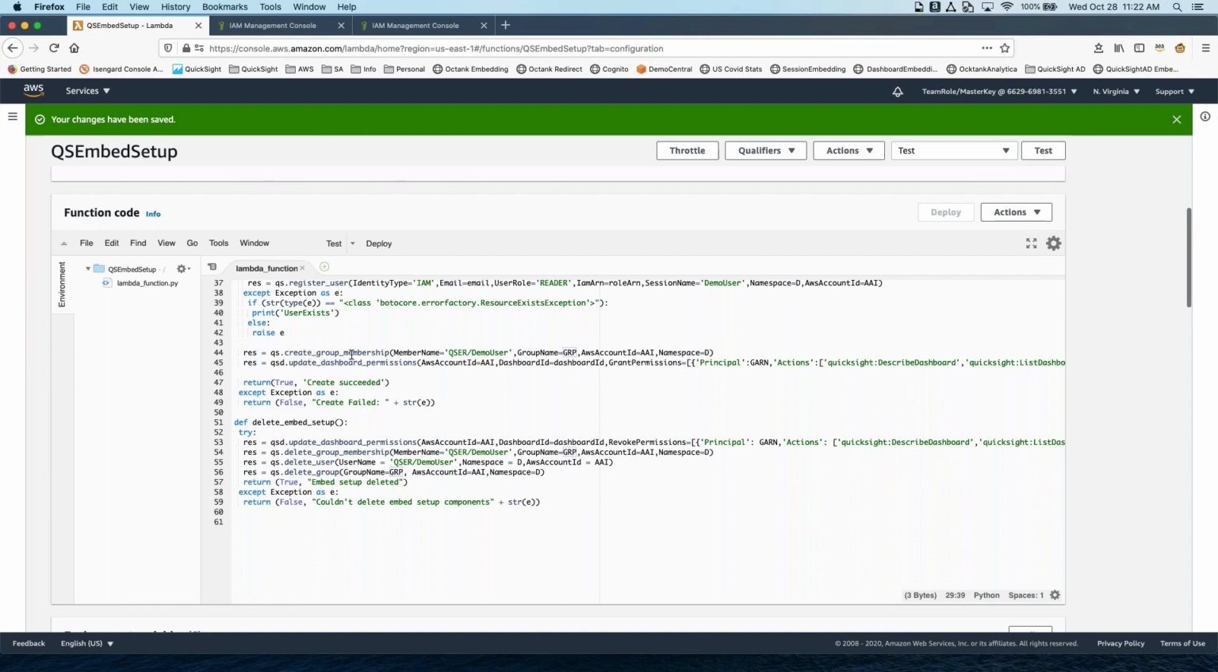Then we do a create group membership call to add this user. So this is how the user is registered in QuickSight. The role name is QSER/demo user. So if you used any other role name or a role name with a suffix as part of your setup when you are setting up the embedding role, make sure you update that here in the member name as well, where it's hard coded. And then it passes on the group, which is embedded reader group,